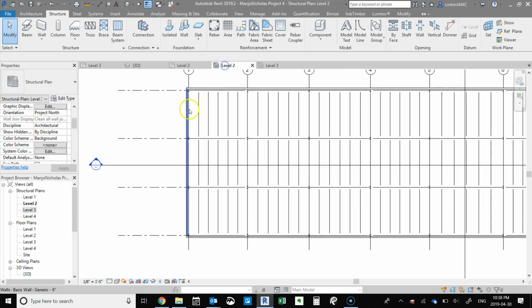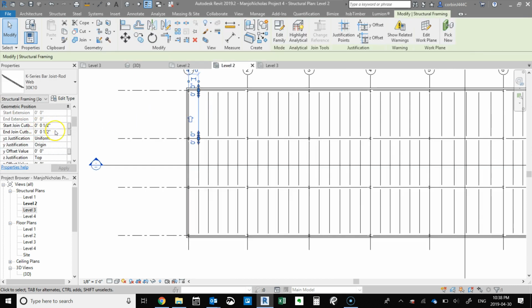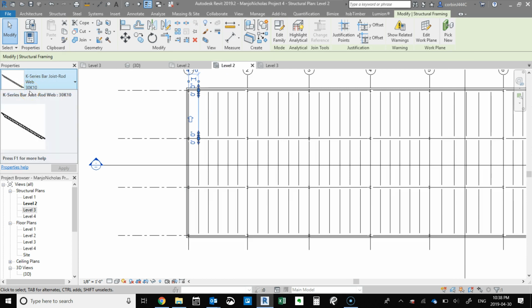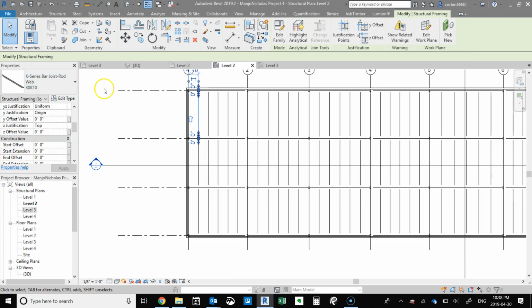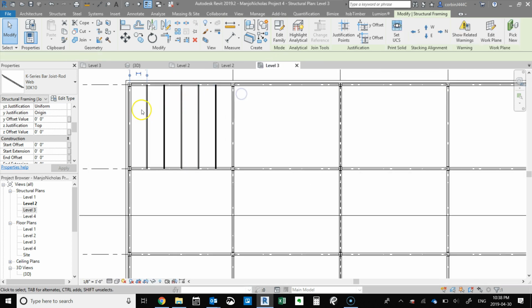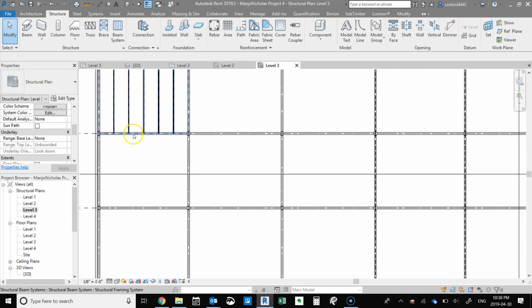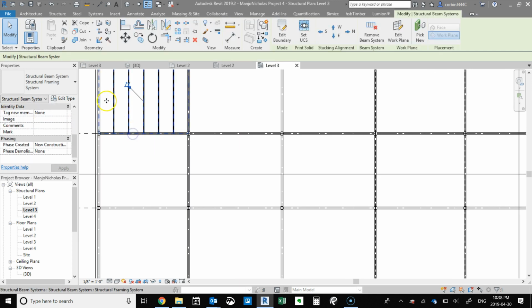And I'm just going to go to level 2, and I just want to make sure we're using the same joist. We're using the K-series bar joist, 30K10, and this is the 30K10 as well. Okay, and so now what we'll do is we're just going to select this beam system,